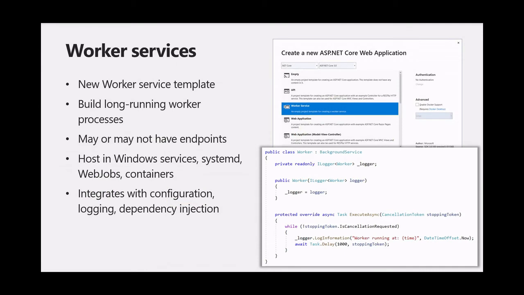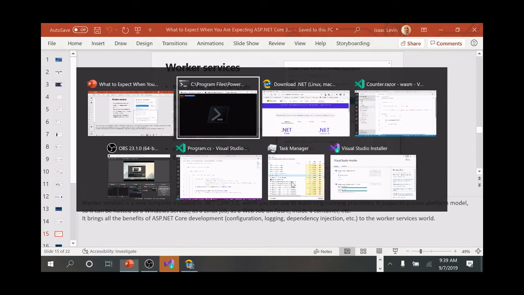So what is worker service? So worker service, basically, in my opinion, it's like the new version of a console app, right? So the first question is, why would you ever replace a console app? What is the most annoying thing that you have to do when you build a new console app, right? You don't have dependency injection, you don't have configuration, you don't have logging, right? All these things that you love when you build an ASP.NET Core application, you don't have them in a console app. Well, if you